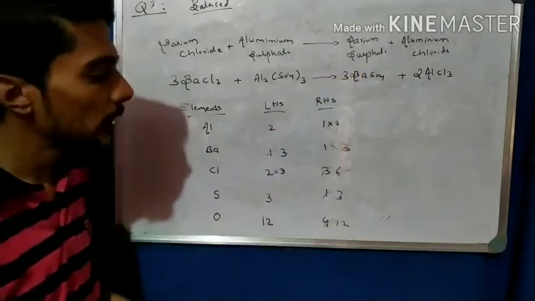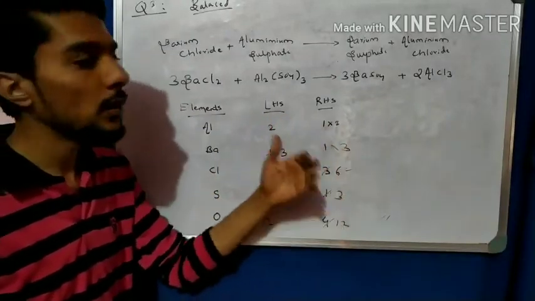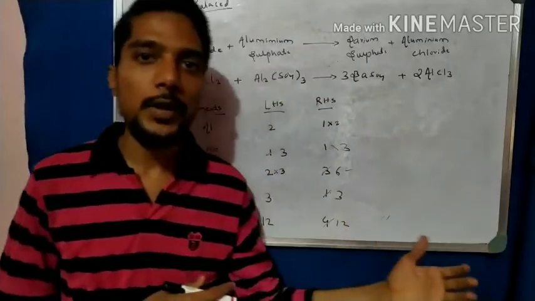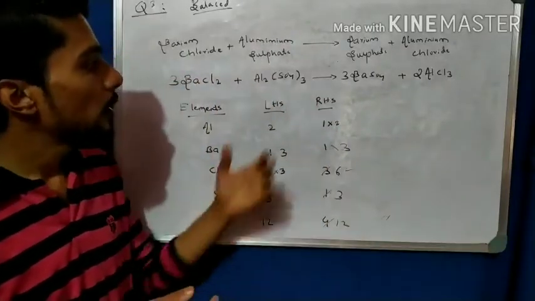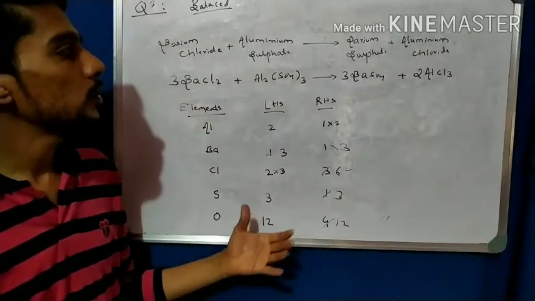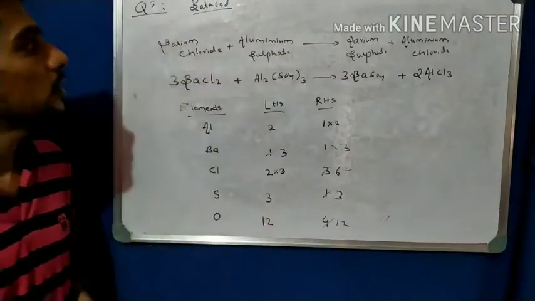So carefully, you have to multiply the numbers. Here only multiplication, no addition. Only by multiplying the numbers can you balance the chemical equation. So it is one complex problem, but easy to balance. Once you understand the concept, you can easily balance the chemical equation. So take down this. Come to the next example again.